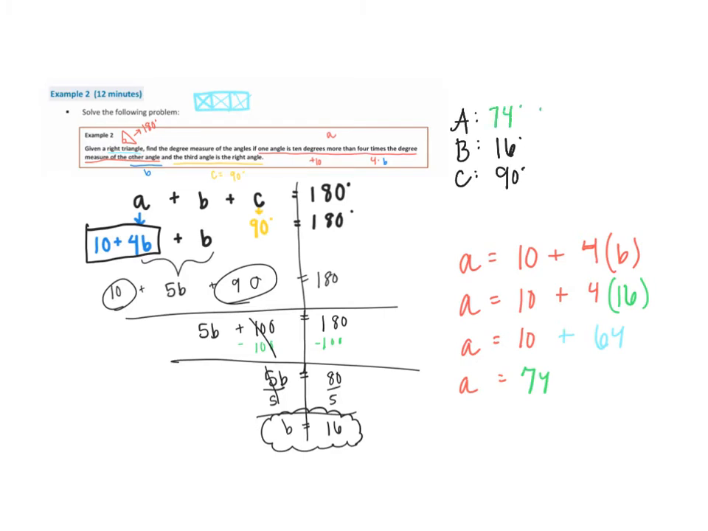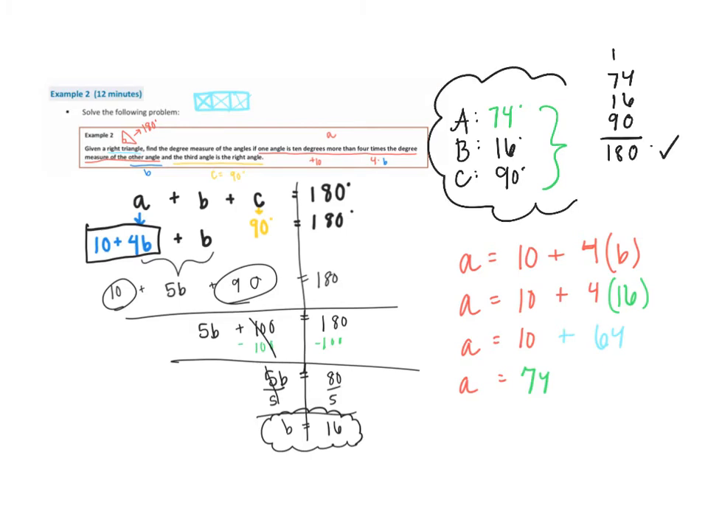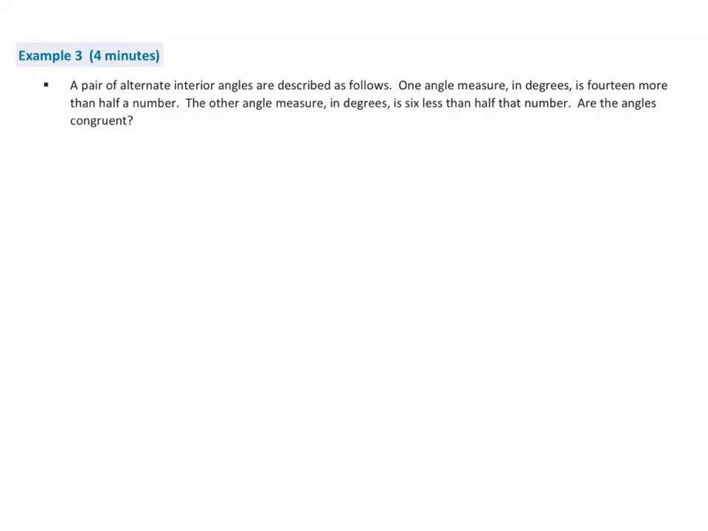How could I check this? I could add these all up. What should they add to? They should add to 180. And I'll do that real quick. 74 plus 16 plus 90. 4 plus 6 plus 0, 10. 9 plus 1, 10, plus 7, 17, plus 1, 18, and 180 degrees. This is my answer. All right, example 3, draw my 3 boxes for